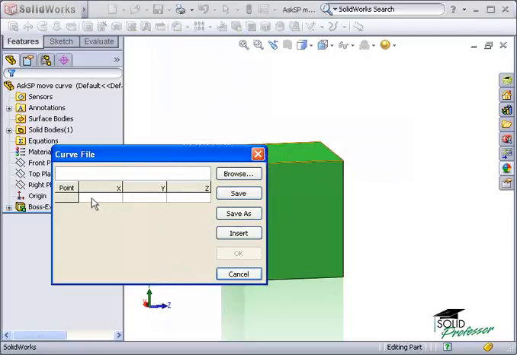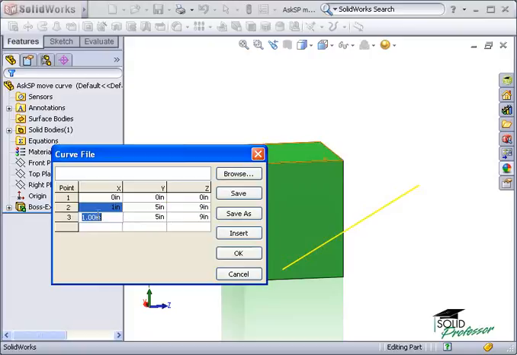I can either insert the points manually by entering values, or I can browse for a text file or SOLIDWORKS curve file that already contains the values. The Curve Through XYZ Points tool is really useful, but as I enter values for the curve, notice it's being created relative to the origin. There's no option to make the values relative to a user-defined coordinate system or a specified point, which is what